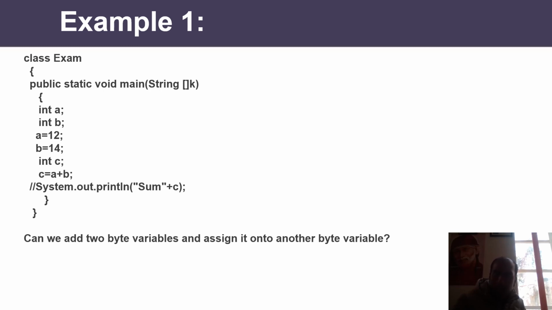So instead of int A, if I am writing byte A, byte B and byte C, what will happen in the same program? You will say that 26 is within the range of 1 byte, so it is going to show you 26 again. But when you execute this program, you will see an error will come.